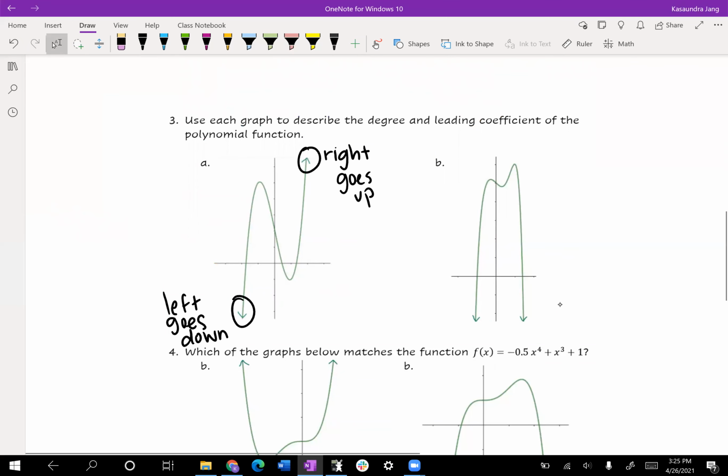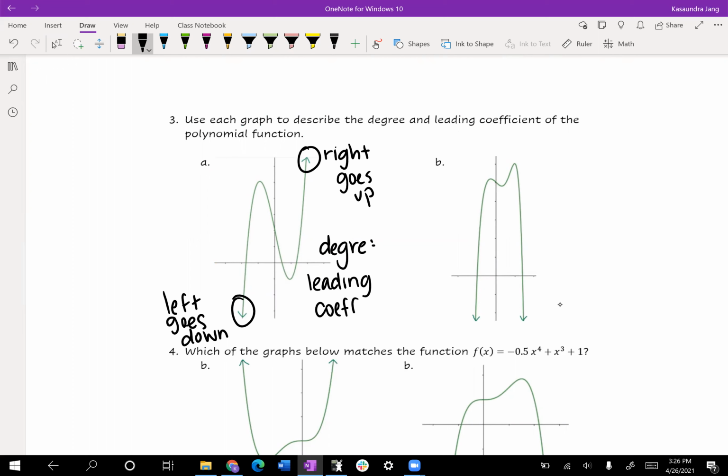This would be, here, I'll put it over here. The leading coefficient, okay, so here's my description. Oops. Oh, come on. All right, so